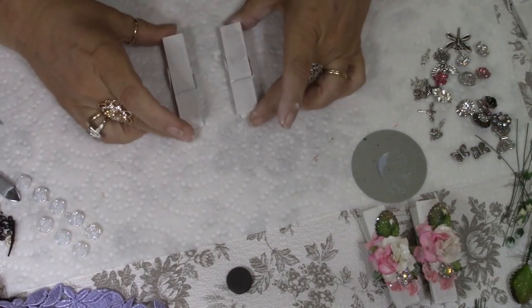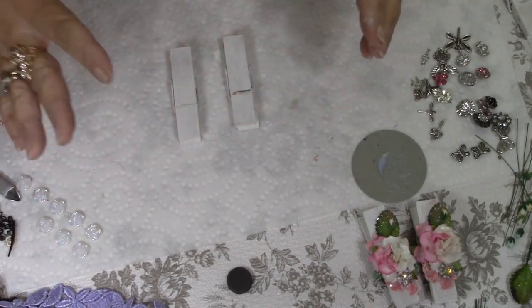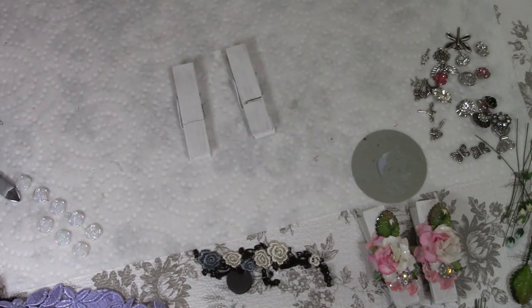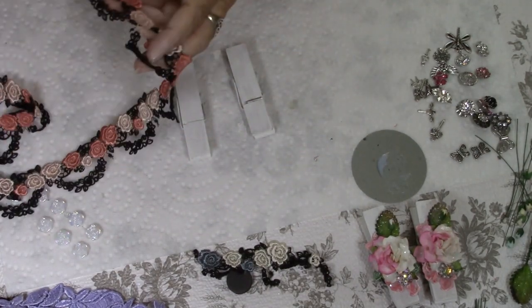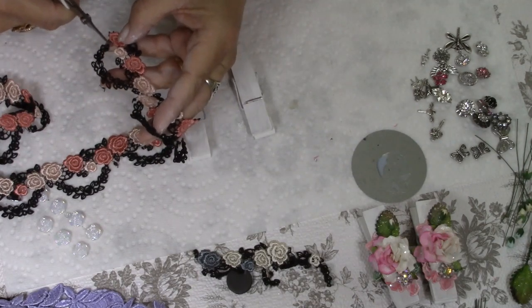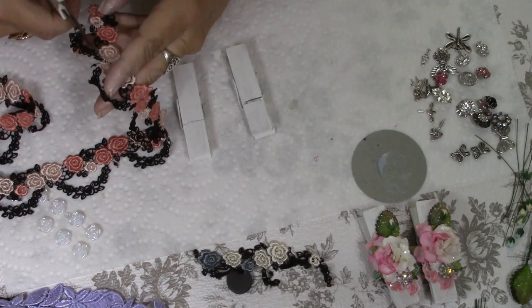Okay, here we have our clothespins. Gosh, I couldn't think of what it was called for a second there. Whew. Okay, so we have our clothespins. I think what we're going to do is take a bit of this black and pinkish lace. But I am going to have to cut this black edge off. I may still use some of it though, just sort of depending on